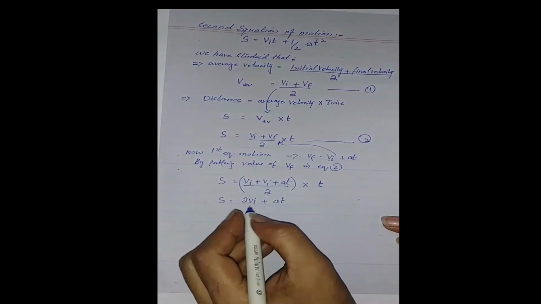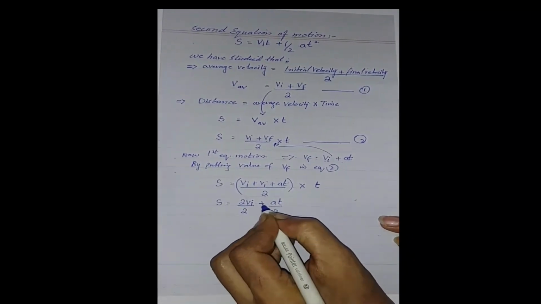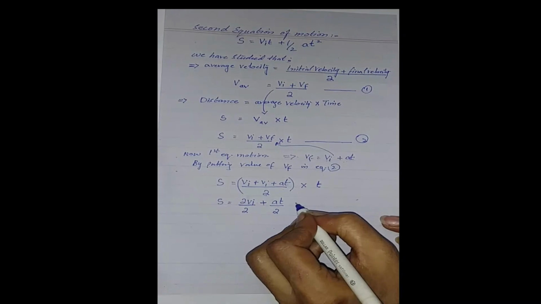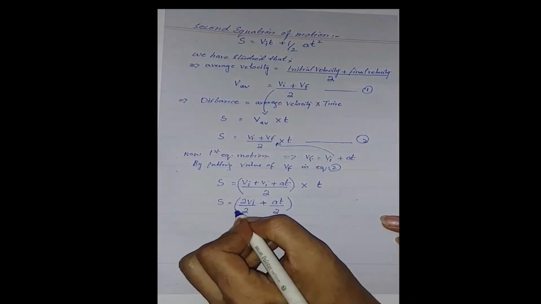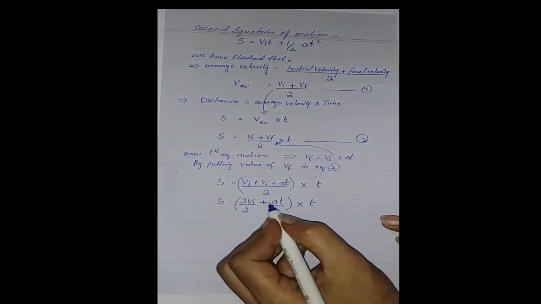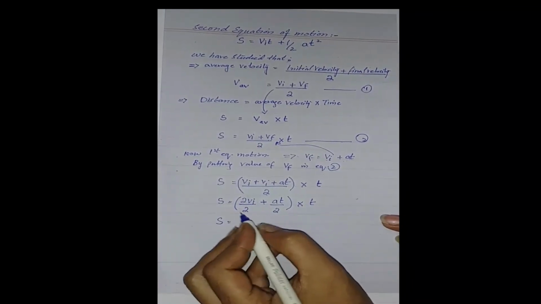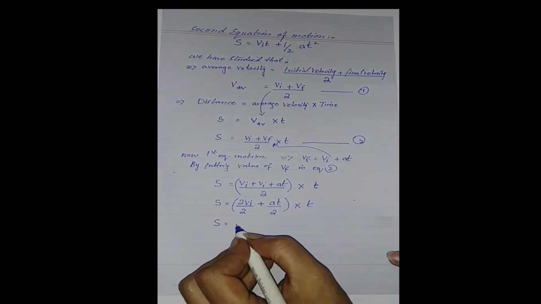That 2 is dividing the whole equation, so we are going to separate it with both of them. Here again we put a bracket over here, multiply by t. This t is multiplying with the whole bracket. So if I open this bracket, then it will become